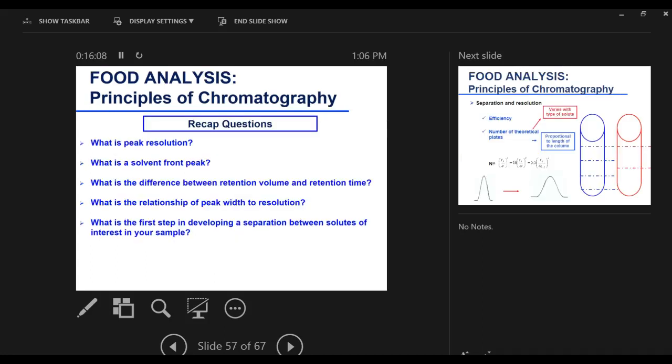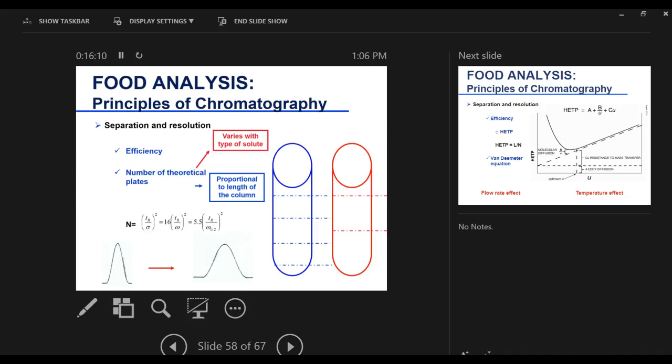We'll save the recap questions for later and move on to here. Describing the number of theoretical plates can be complex, but I'd like to simplify it as much as I can to remind you what it is. Each column is obviously made up of your stationary phase, and it has different dimensions. Some columns are long columns, some are shorter columns. But if we just say, okay, here's my column,